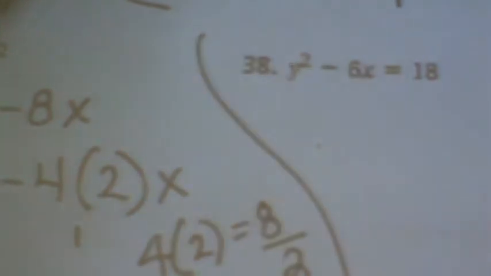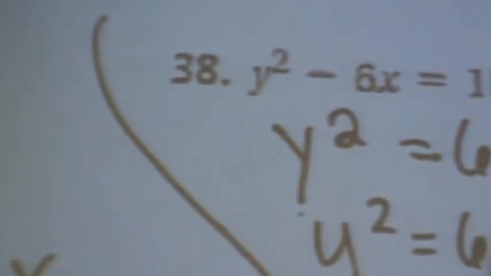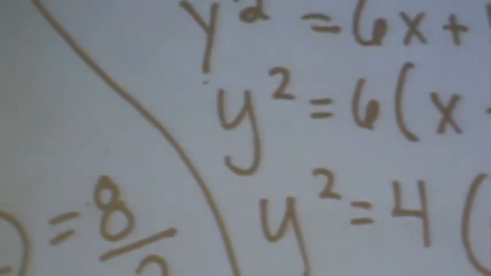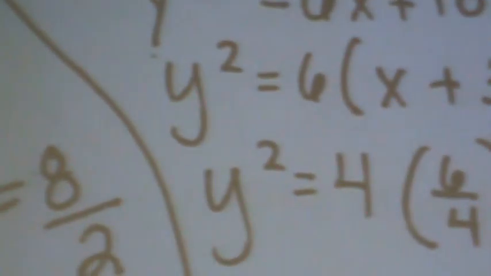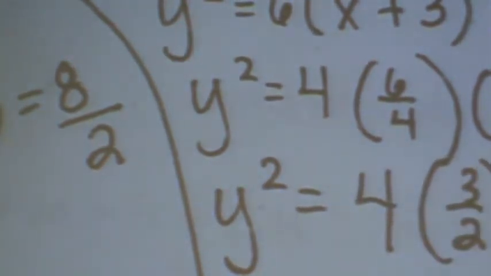What should you do here? Move the 6x. I'm gonna move 6x over too, I agree. What should you do with this 6? Take it out. Now, what do you have to pull out of 6? A 4. You force the factorization. That's all you have. Now, obviously, you can reduce what? So 1.5 is your